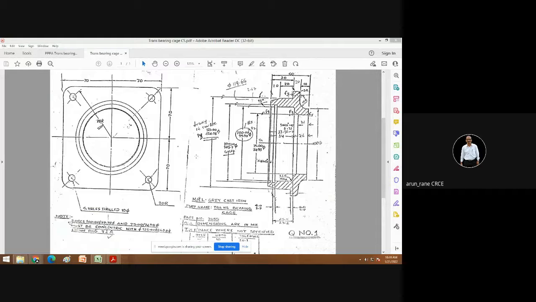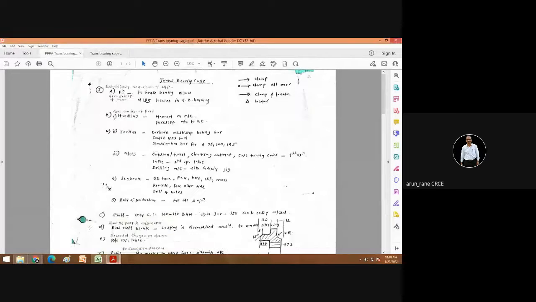So that is the advantage of your multi-step boring bar. Coated HSS tools, or if you are doing it on CNC, then coated inserts. Then if you are doing it on turret lathe, then coated HSS tool.